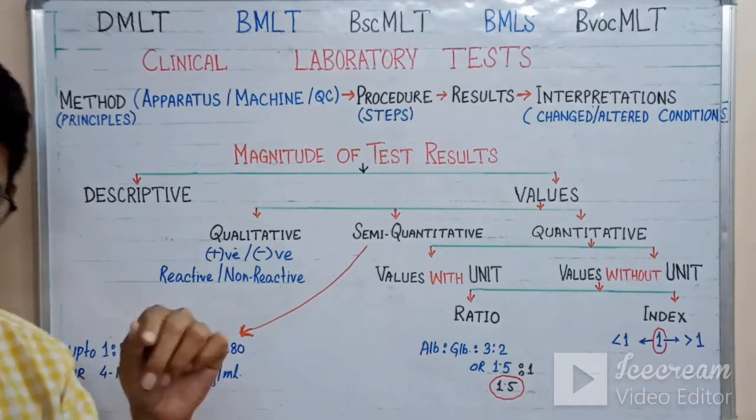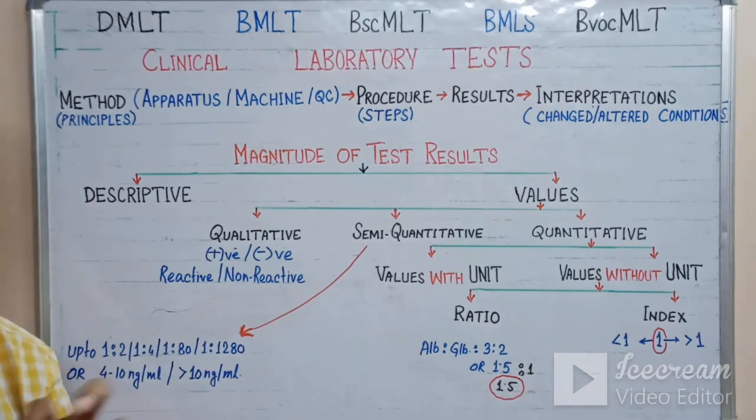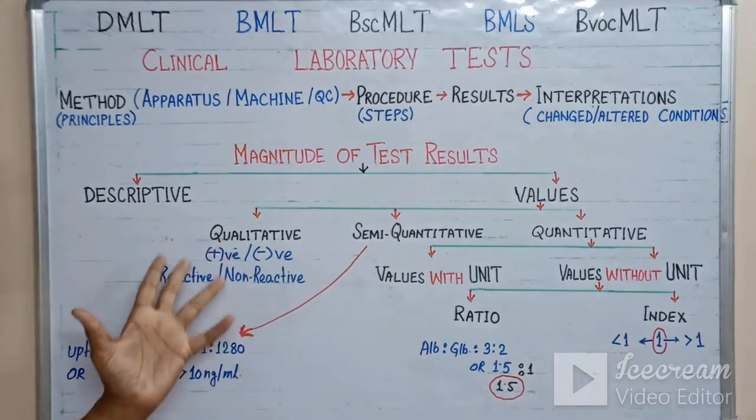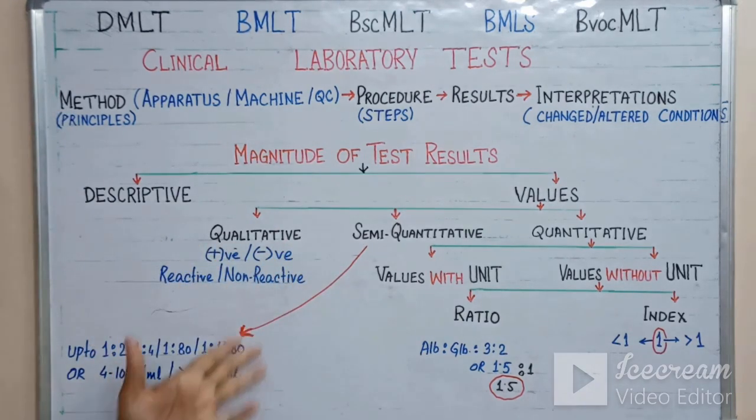About this dilution, in the description you can find the chapter Fundamental Chemistry. There I have elaborately discussed what type of dilution and how we can make dilutions of your samples. After getting the result positive, I have to perform the test in a dilution manner. First of all, I generally dilute 1:2.